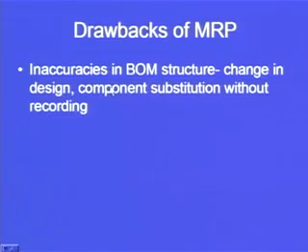Then there are other inaccuracies. What are those inaccuracies? Those inaccuracies can be in the bill of materials structure, change in the design. Already I have told this thing that if there is a change in the design, then that has to be put as an input to the BOM file. If the bill of materials file is not updated according to the engineering design changes, then this is not going to be useful for the company. So inaccuracy in any type of input that we are supplying to the system is going to result in the failure of the MRP system.